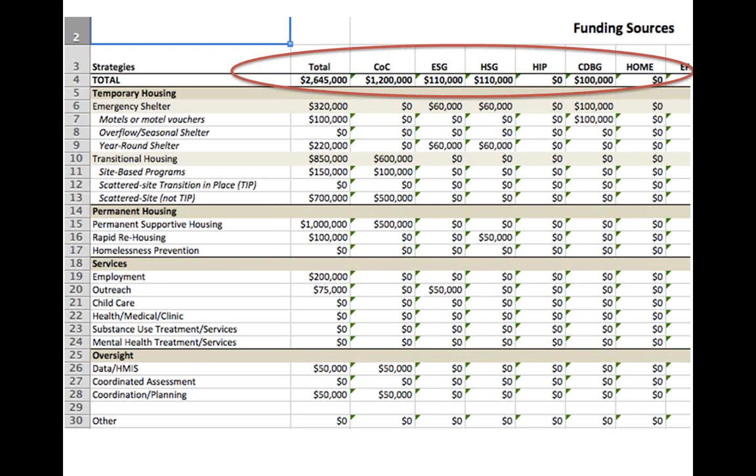Scattered site, so let me actually go to that third category next. TIP stands for transition in place. Scattered site not transition in place is when you're using community-based apartments for your transitional housing program, and the people are not leaseholders, and they do not have an occupancy agreement that is similar to a lease, so they move at the end of the 2-year program. That's a scattered site not transition in place model. The scattered site transition in place model